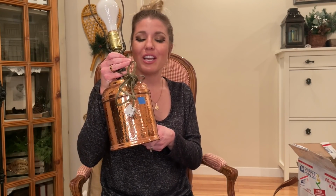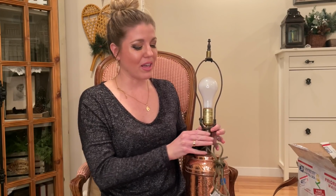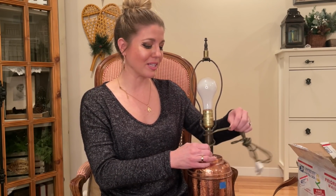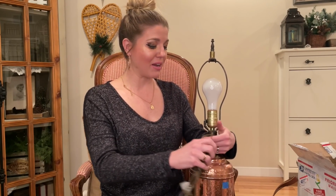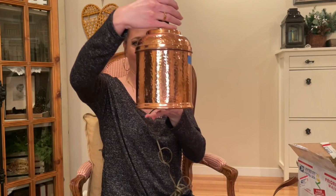Now, my last piece that I'm going to show you from the antique store needs a little bit of love and care and work, but I'm willing to do it because it's a really cool item. If you guys have watched my video, you will know that I spotted this gorgeous copper lamp and I had to take it home with me as well. Of course, I left the lampshade. I didn't really particularly care for it. It was a little too dainty in my opinion,